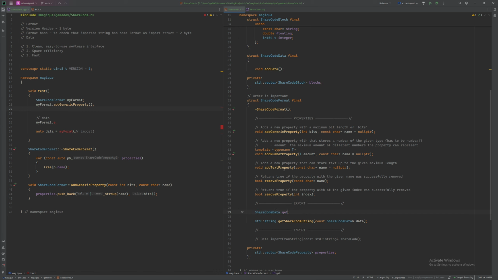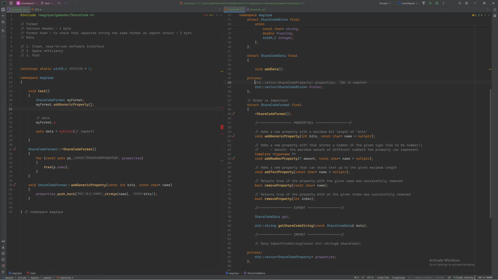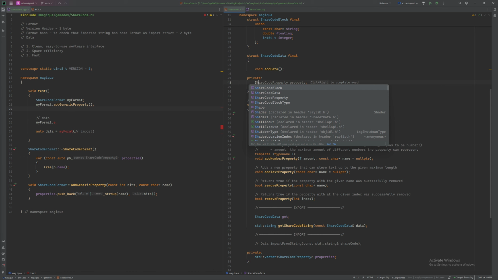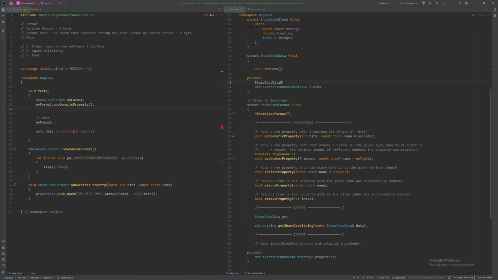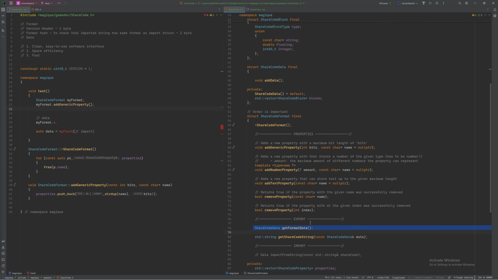Yeah, but then again, this leaves the chance open for the user to create a ShareCode object on their own, but I can actually inhibit it by making the constructor private. True. Alright, so I can't create an action object, so I need to use the get methods. Get format data, maybe something like this, and returns an object,